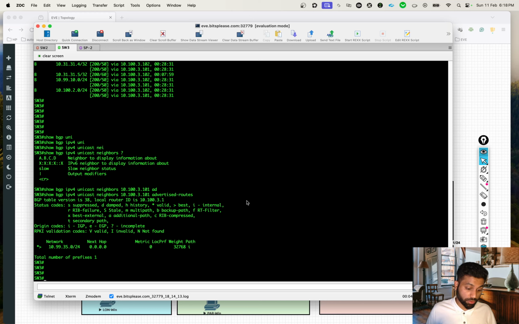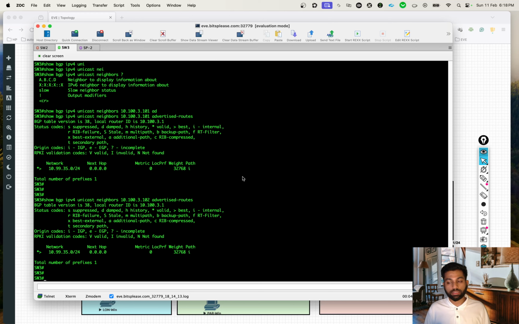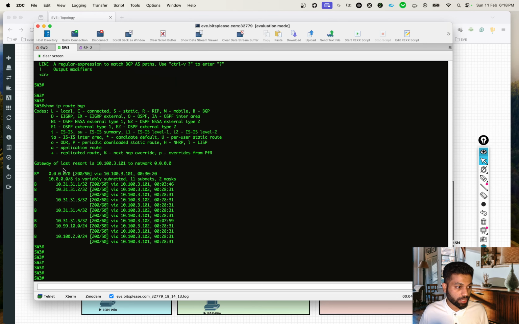Sorry, advertised to SP4, right? Similarly, if you try the same command, but my bad, if you change the 3.101 to 3.102, you'll see the advertised routes to SP5. Perfect. If you want to understand a little bit about this default route, right, the default route which